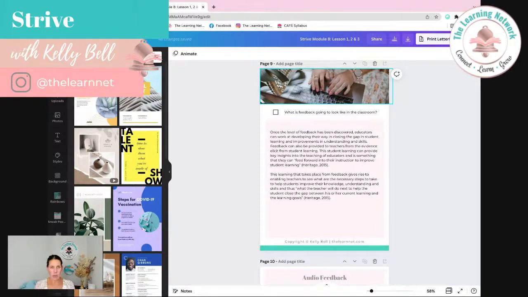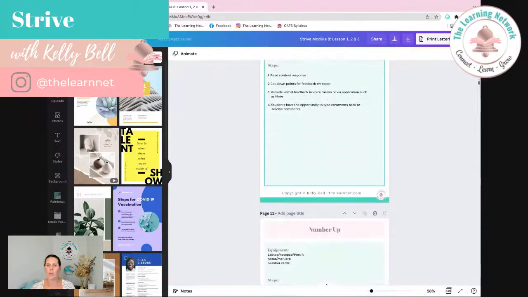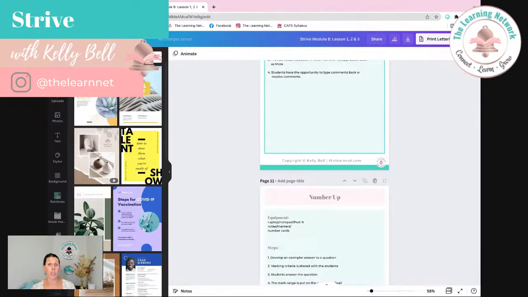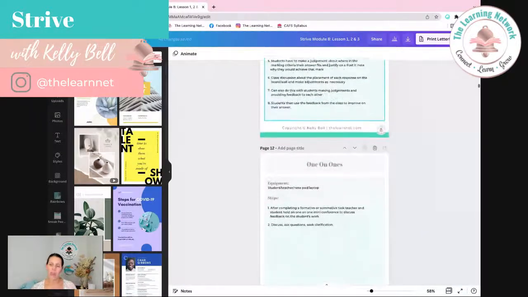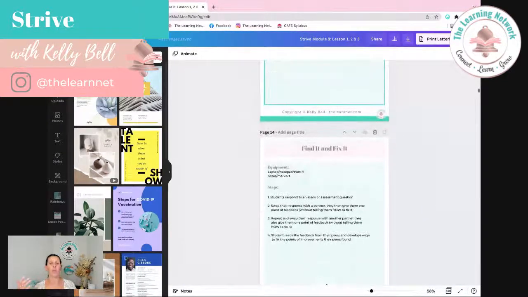Rather than teaching to the middle, which we spoke about last week, we need to actually work out where the gaps are between our students' understanding. If our kids are tracking at a band 5, what can we do to push them into that 6? If they're tracking at a 4, what can we do to push them into that 5? So literally so many strategies for you guys to use in here, again, with your juniors, with your other senior classes. So it is really replicable,